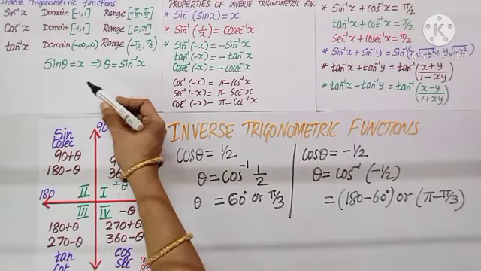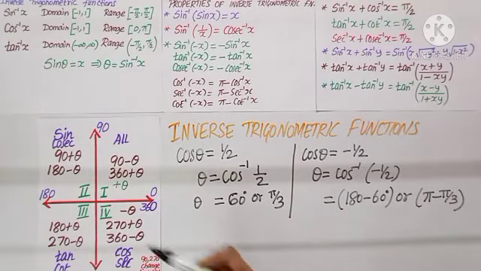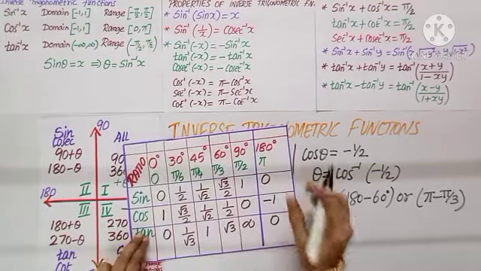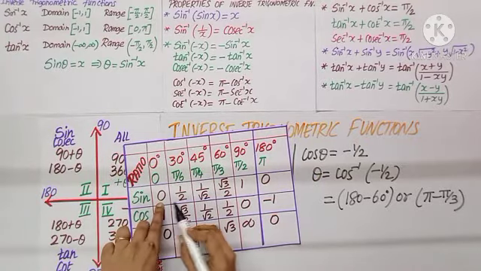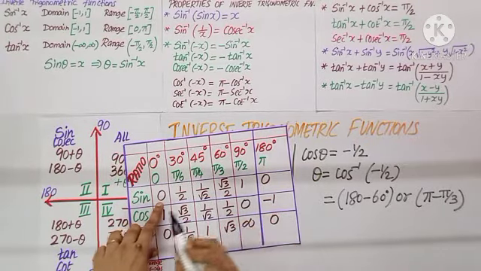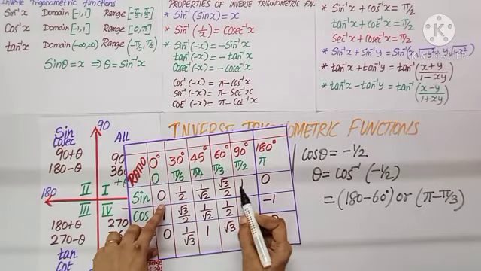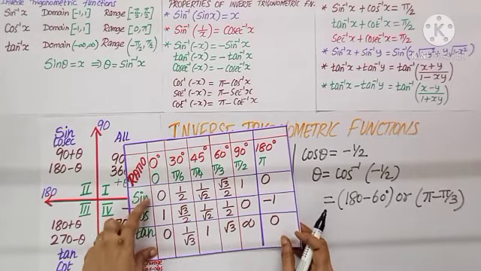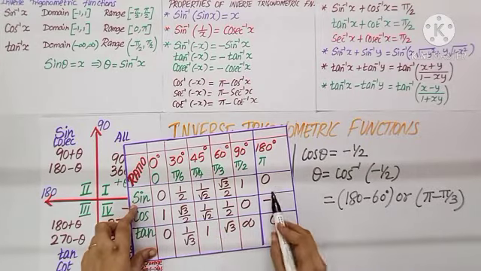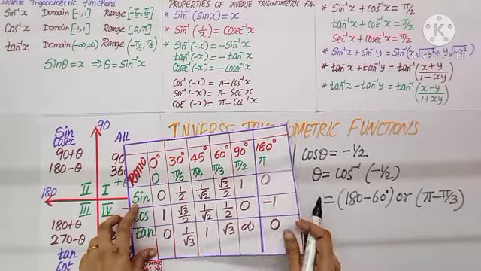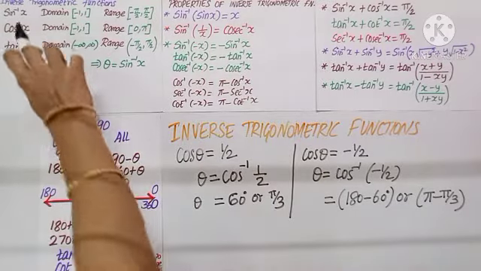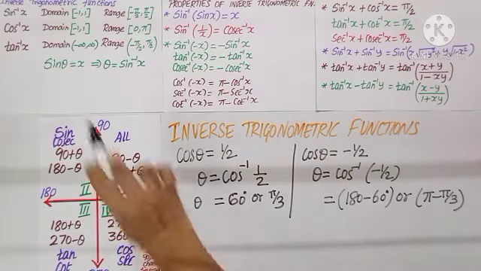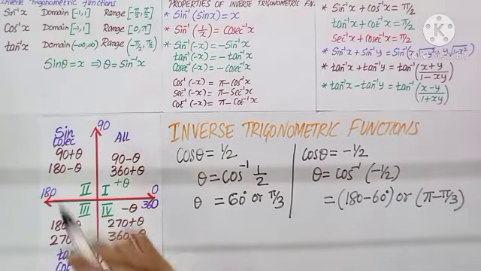So back to inverse trigonometric functions. Sine inverse x. The values we know, sine has values right from 0 to 1. If it is negative, the entire answer will be negative. In that case, minus 1 to 0. So, sine or cos, we do not see values beyond 1 or minus 1. So, for sine inverse and cos inverse, the values will be in between minus 1 and 1.